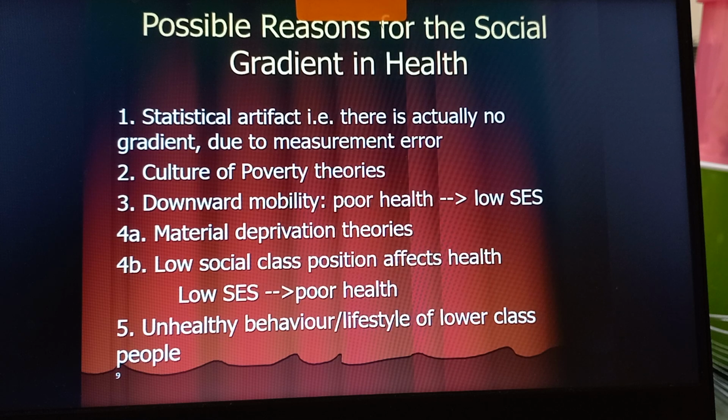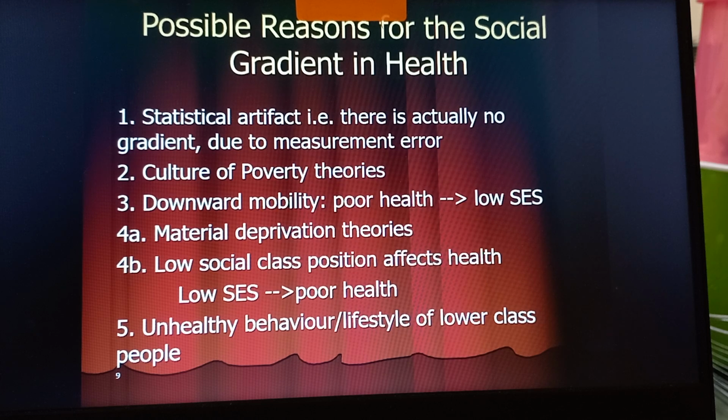Here are some possible reasons for the social gradient in health. First of all, is it possible that the perceived observation that people from lower classes tend to have poorer health can be due simply to measurement problems? So that is statistical artifact. The claim, in certain quarters, is that the social gradient actually does not exist, but is due to a measurement error. The counter argument is this is incorrect, because wherever